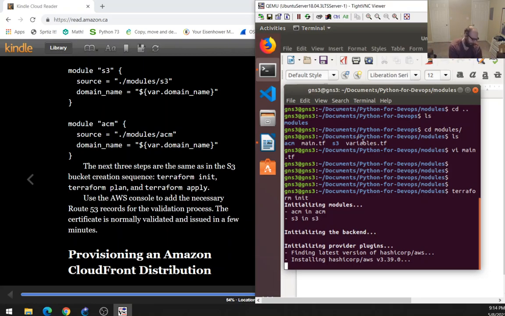I think before we got an error message right away as soon as it ran, but here it looks like it was able to successfully initialize the modules and the backend, but now it's in the process of initializing provider plugins, and it looks like it's got a pretty big install to go here, so kind of wish there was more information about how far along it was with that. But already it's working much better now that I have actual valid